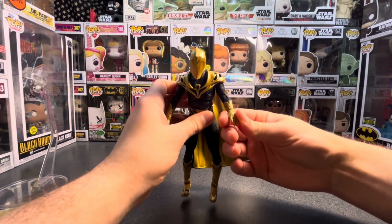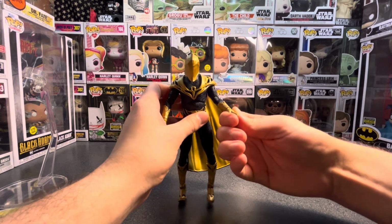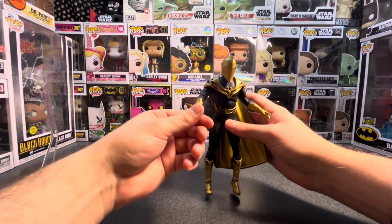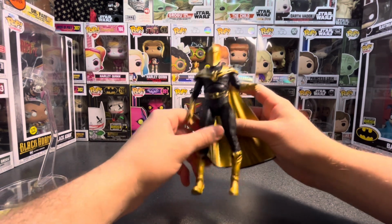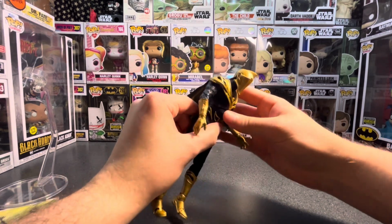And then let me see if it can go side to side. No, it cannot. So it just goes up and down. And then, yeah, it can rotate. On the other arm, yeah, it's going to be the same. And then here on the legs, or I guess the abdomen, I guess you can say,